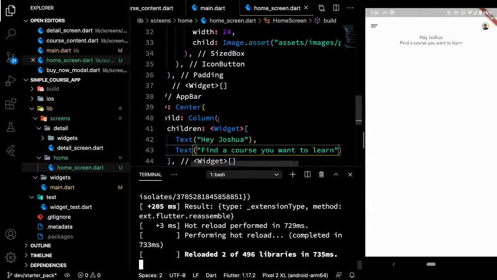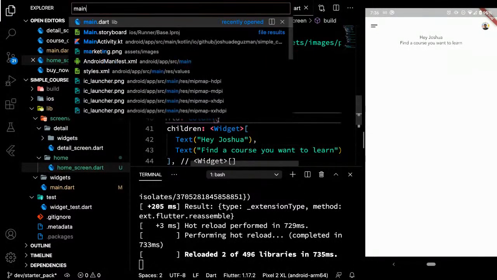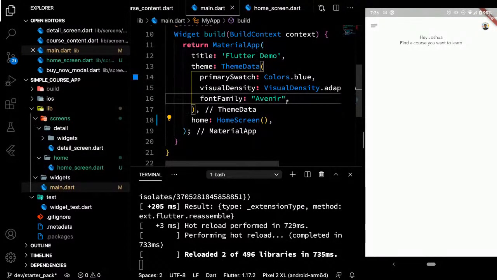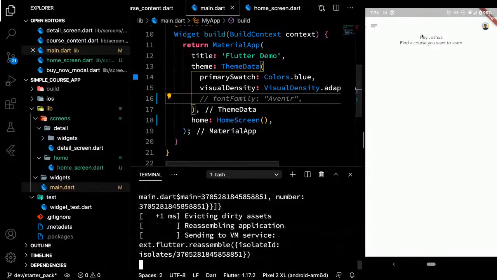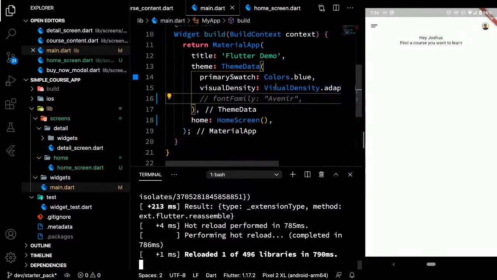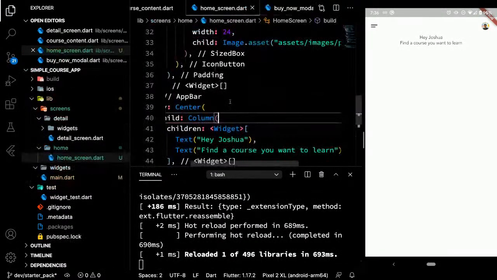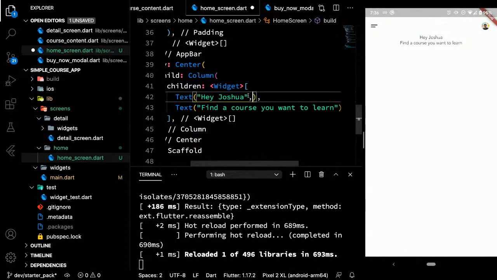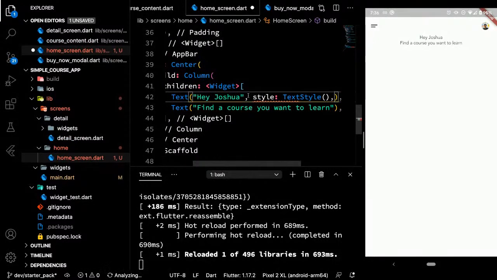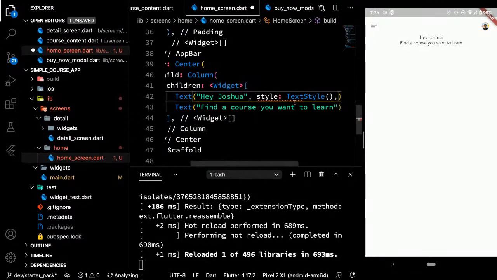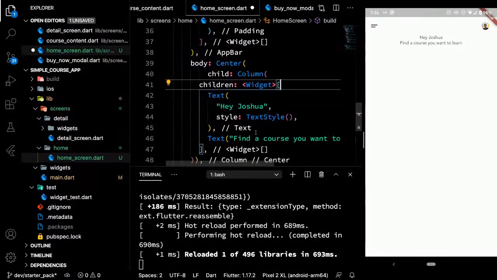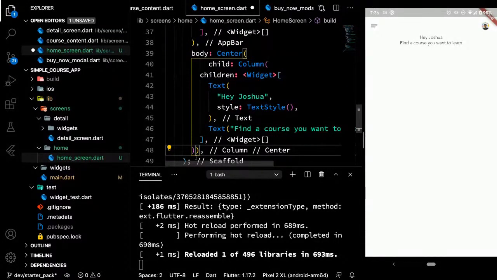And it's there. Also, I almost forgot to mention that in the app that you're using, we are already using the Avenir font. So if I try to comment this one, this pretty much looks like the default font, which is I guess Roboto for Android. So bring about the font. And the next thing we need to add is the styling. So this is how you would design a text in Flutter. Again, we don't have an external design language. You just have a very direct way of adding designs in Flutter.